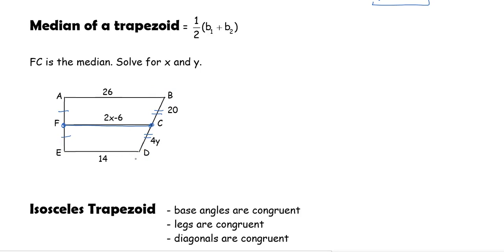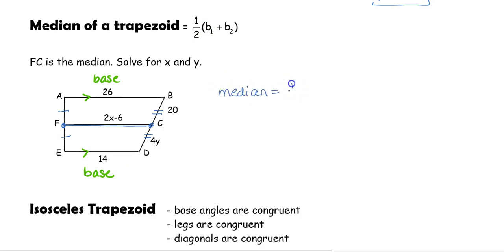The formula to find the median of a triangle or trapezoid is half of base 1 plus base 2. So the bases are the two sides that are parallel to each other. So we've got, in this case, the top being parallel to the bottom, which means that this is a base and this is a base. The two sides that are not bases are going to be the legs of our trapezoid. So the median formula